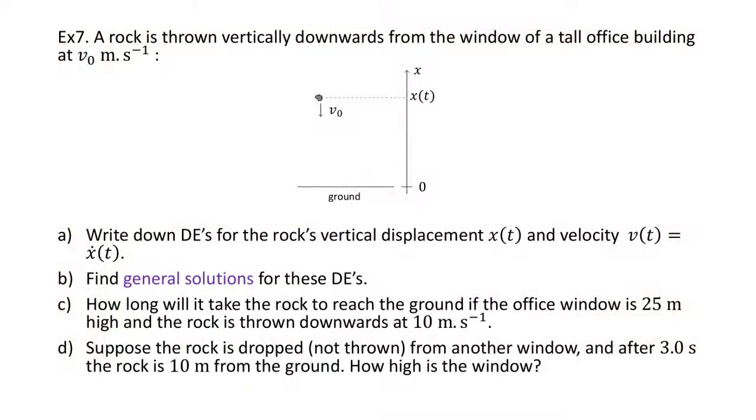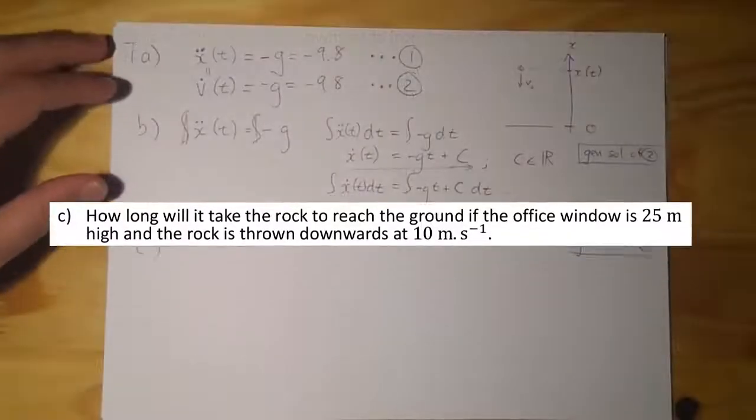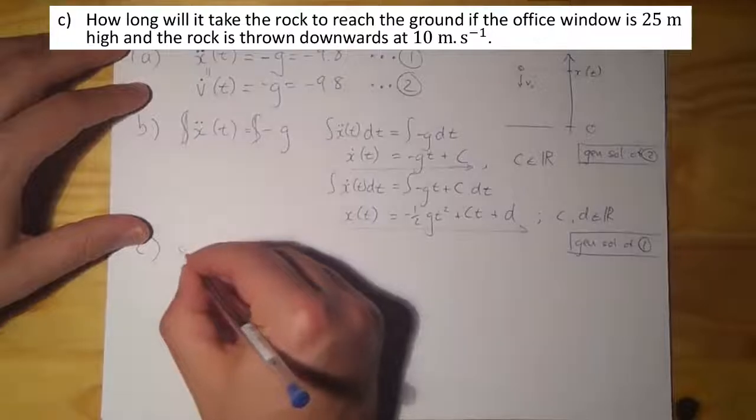Right, now for c, we are asked a question that should look very familiar. We would have solved a lot of these things with movement equations, but we will now use the differential equation approach instead. Right, now we are asked how long will it take to reach the ground if initially it is 25 meters high and the rock is thrown downwards at 10 meters per second. All right, so we have to solve